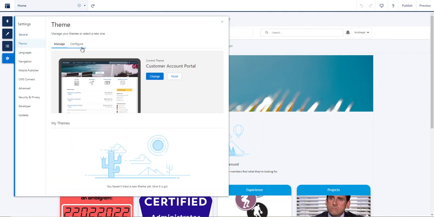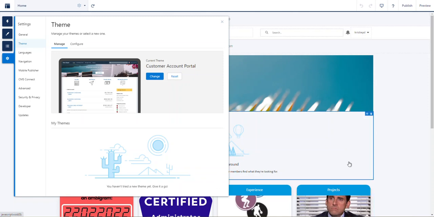Again, I've already selected a theme. I can click change here to change the theme. If I'd made a bunch of changes, I could also reset it back to the normal or regular settings for that theme. One thing to remember is if you change this, and let's say that you have 2 columns, or you have different, like here I have tabs or different menus or different options, and I change to a theme that doesn't allow those options or doesn't have that on the pages, it will delete and you'll lose everything,